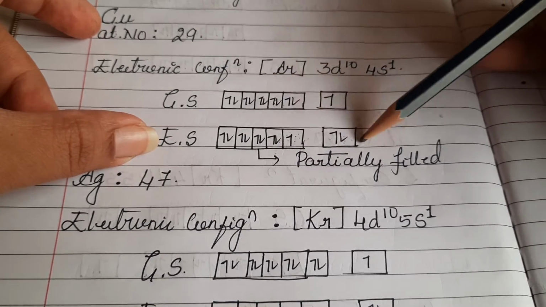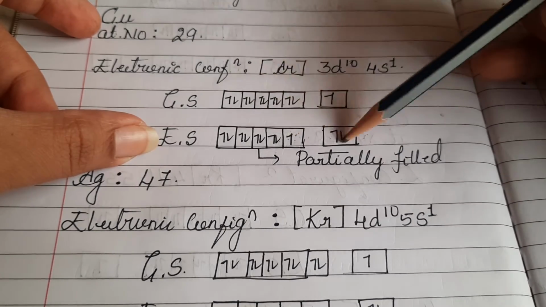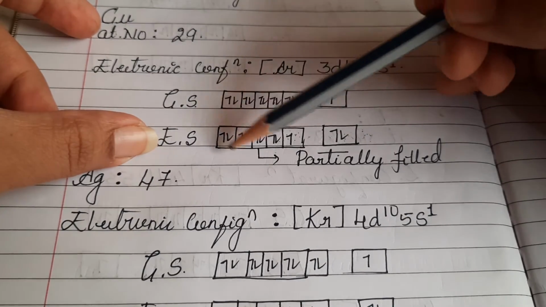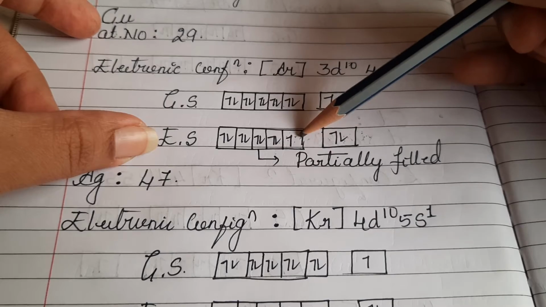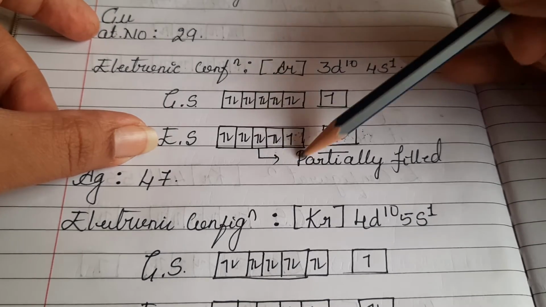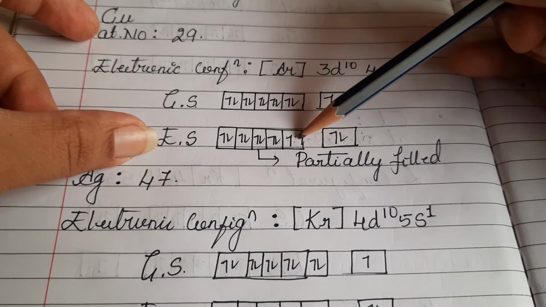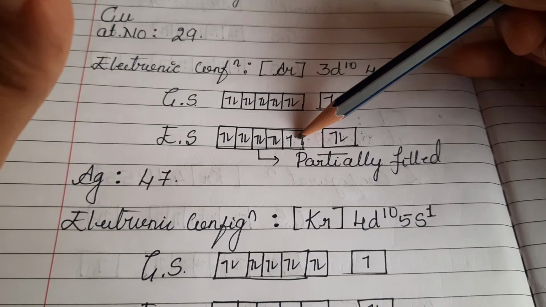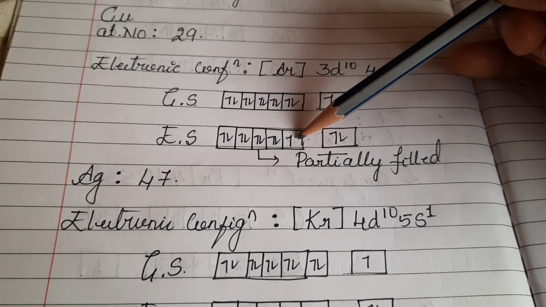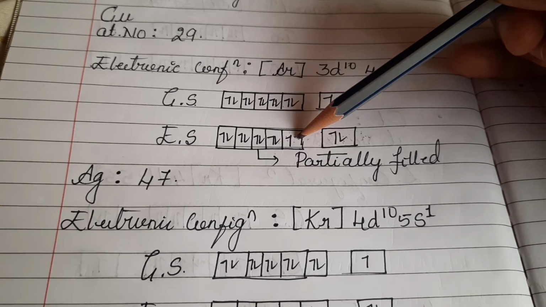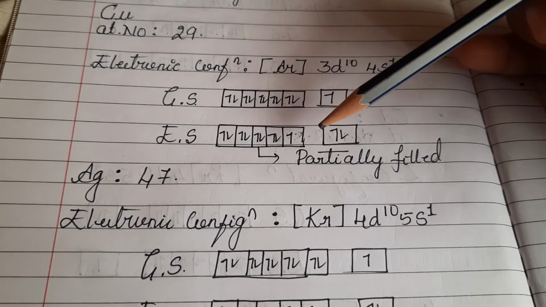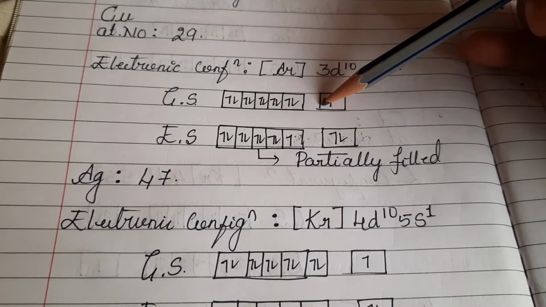And the same I explained in yesterday's class also. Due to movement of these electrons from the d orbital to the next shell, that is the ns orbital, we get one unpaired electron. In the excited state of copper, we have one unpaired electron. For the consideration of a transition element, there must be a minimum of one unpaired electron, either in the ground state or in the excited state. When you consider the excited state of copper, we have one unpaired electron. That is the reason why this is considered a transition element.